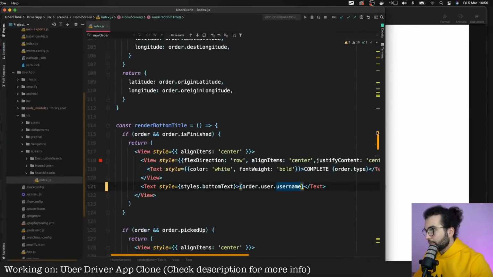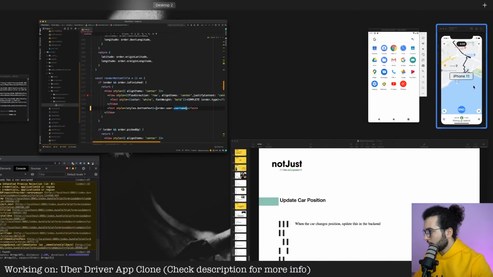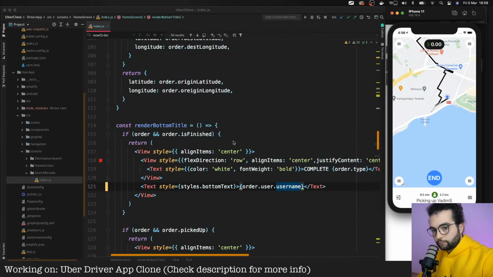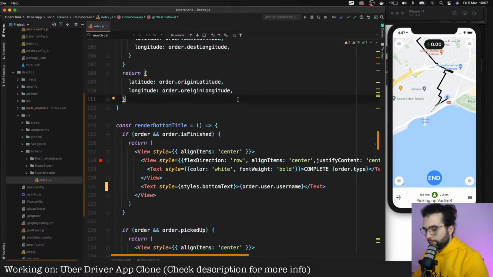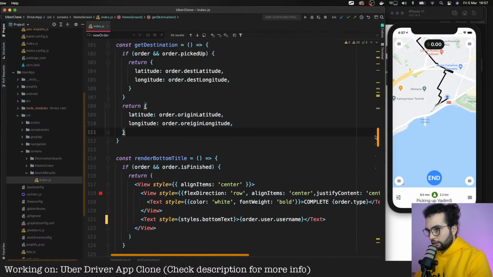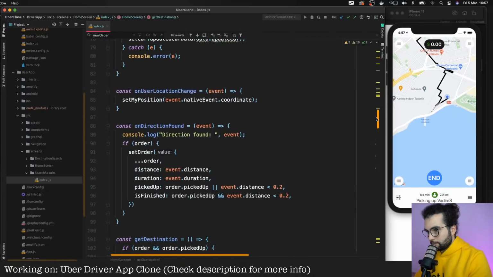And we have this function somewhere here, on user location change, and here is when we should update the user position in the database.